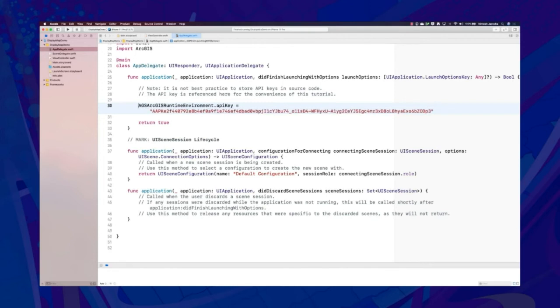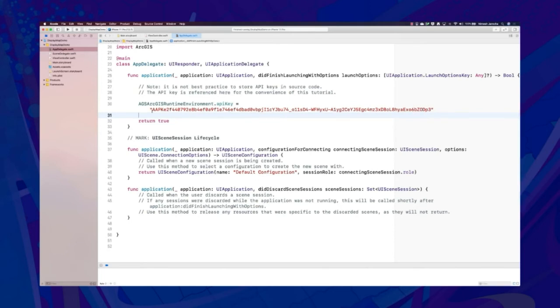Now let me uncomment this. And please note that it is not a best practice to store API keys in source code. The API key is referenced here for the convenience of this tutorial. It is better if you set this API key in some configuration and then read it and set it here when it starts the application. We are setting this API key in the did finish launching with options,